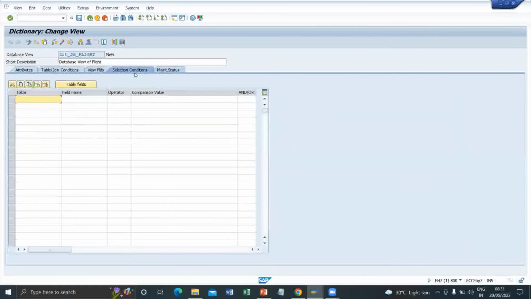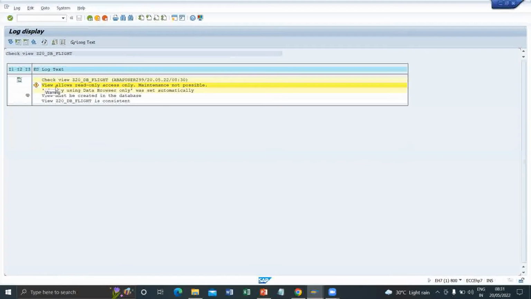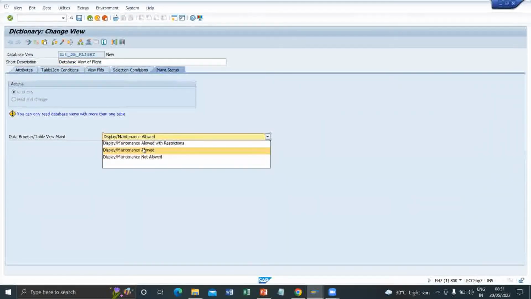If you see here, this is select and conditions. If you want to write, we can write. Maintenance status, it is happening only read-only. So when it is read-only, we can see we are getting a warning. We need to change this, because if you are aware of these three options at table level,